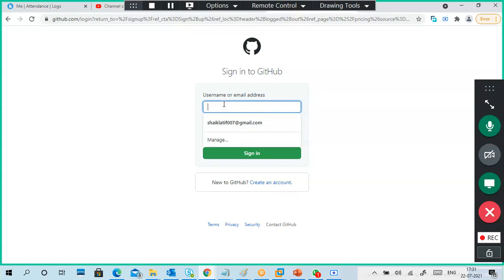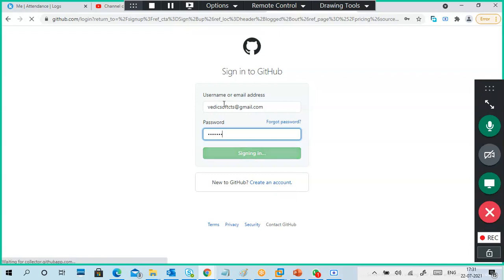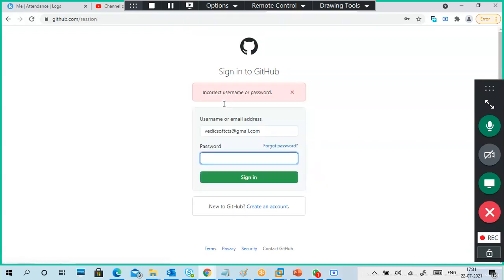Okay, so my login name is Vedic Soft. Yes, username, password, something is incorrect.